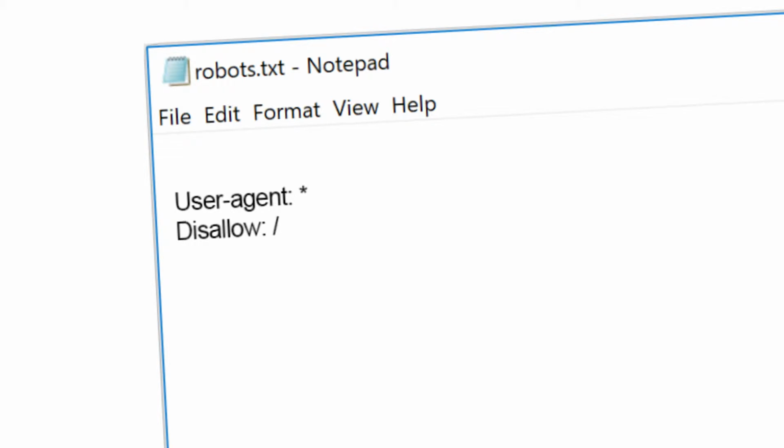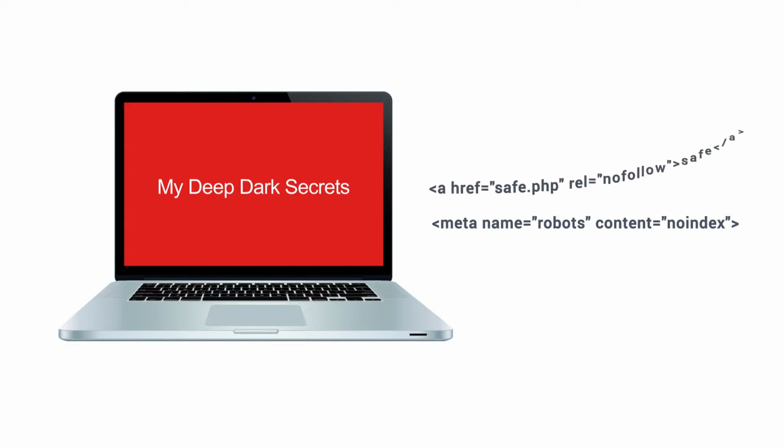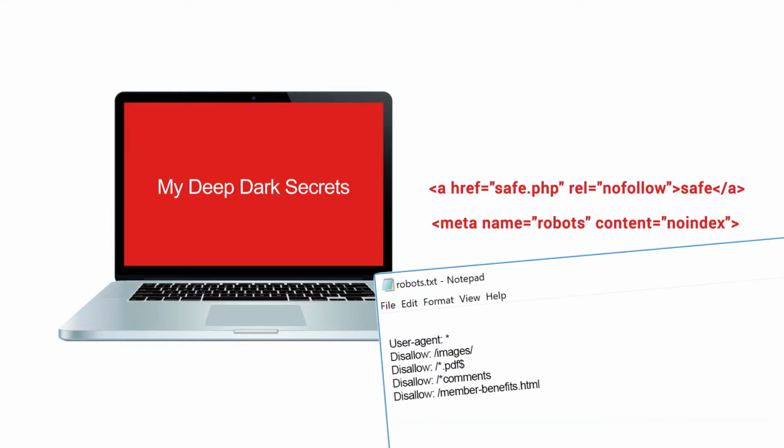But for sensitive information or for pages that you really don't want to show up in search results by accident, then applying the noindex meta tag page by page is your solution. Just note that with both of these tags, noindex and nofollow, neither will apply if you've used the disallow directive in your robots.txt file, and that's what we'll cover here today.